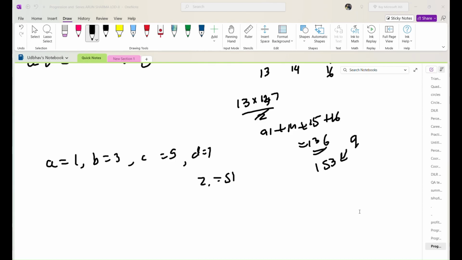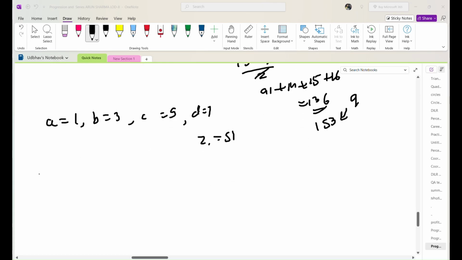The sum will be, according to this, so how can we write this? Sum will be